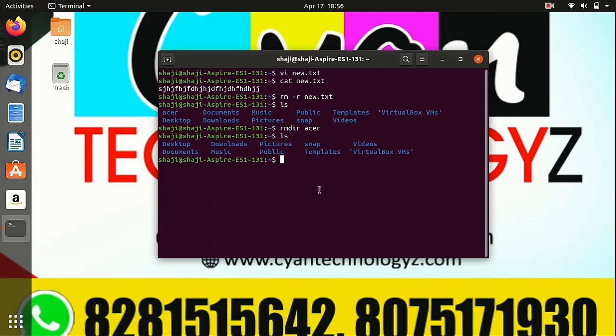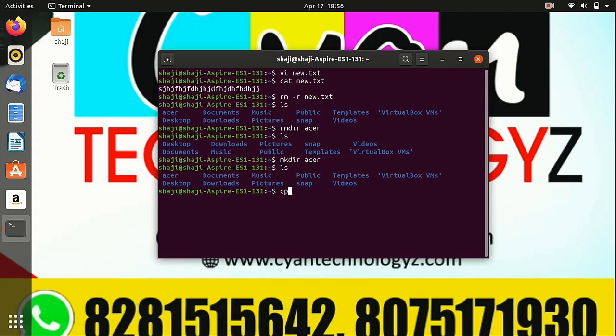The next command is cp. You can copy files and directories with this command. I'm just going to copy something, but actually nothing is there because I have deleted it. So I'm going to create one directory, mkdir, with the same name Acer. Then Acer is there. So I'm going to copy that Acer.